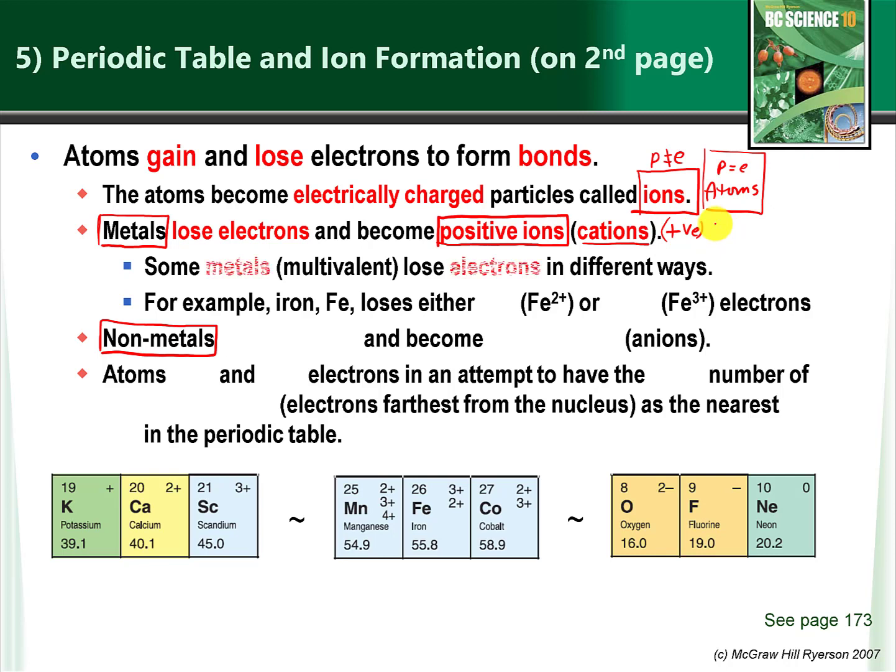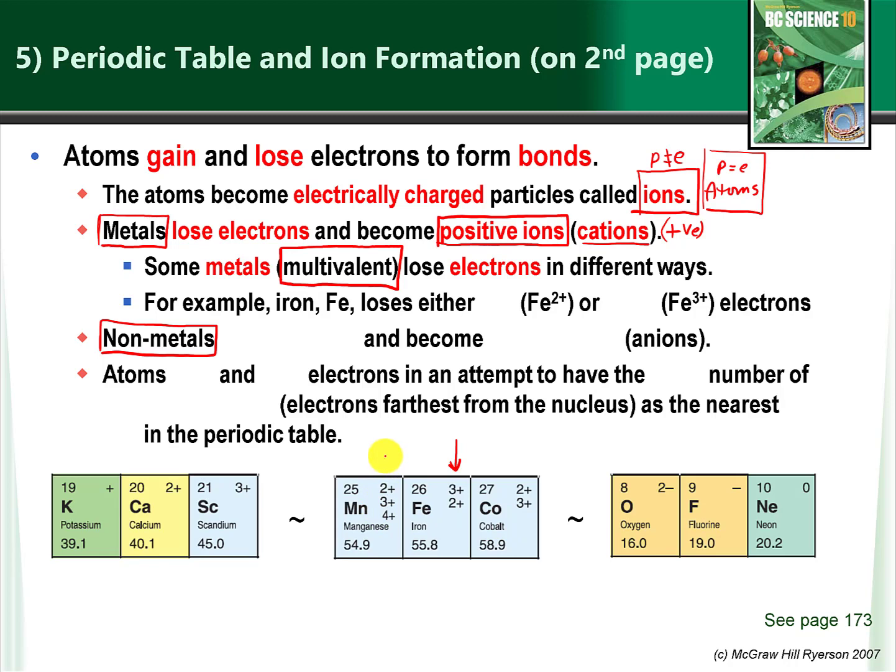Now, some metals lose electrons in different ways, and they're called multivalent. For instance, we have iron here. Iron can lose 3 electrons to make it positive 3, or 2 electrons to make it positive 2. So they can do it in different ways. So that means iron is multivalent,